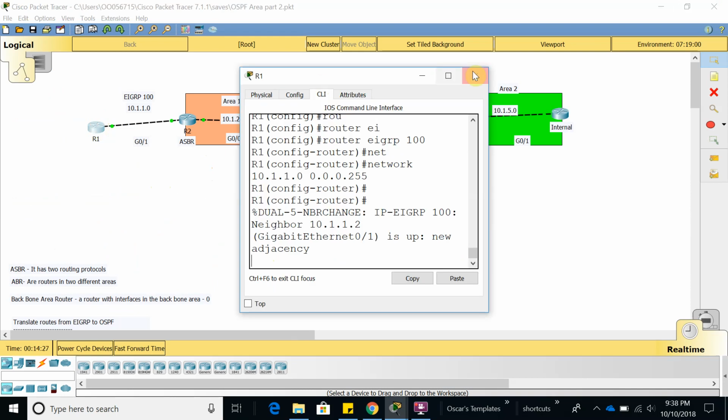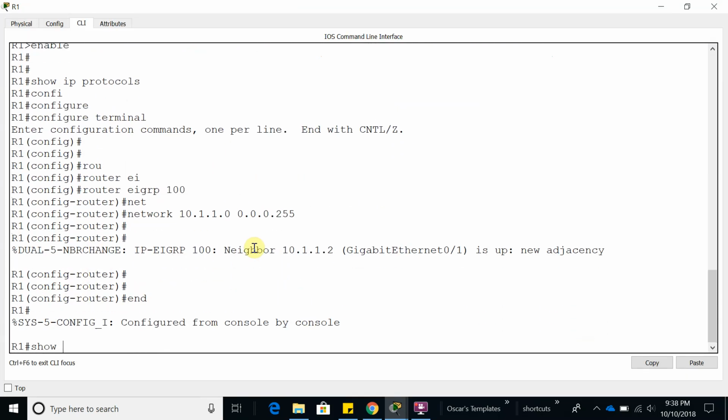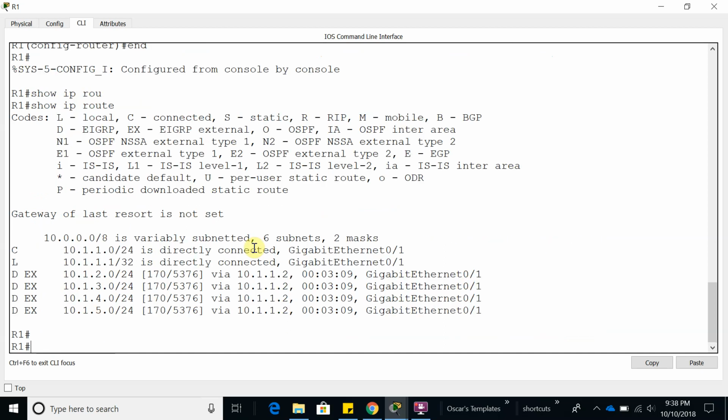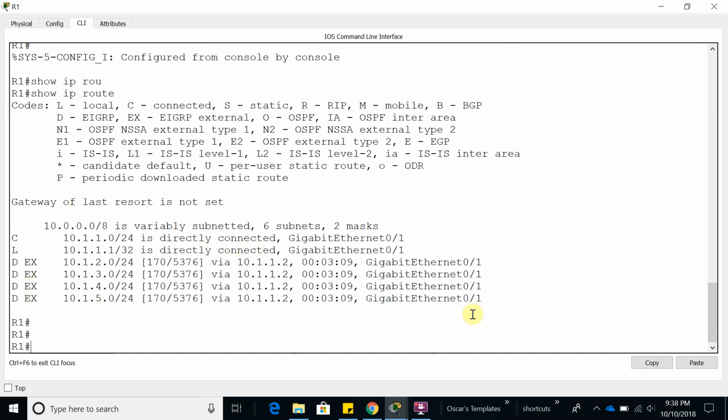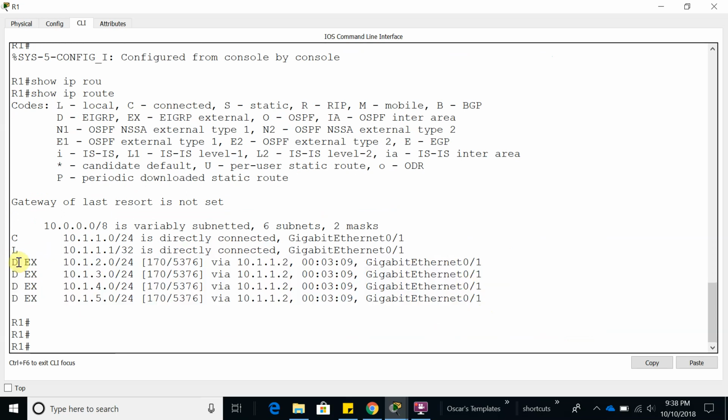So from here, let's also do show IP route, and you can see right here that it added this route to OSPF, doing the D, which is EIGRP, and also doing the EX, which stands for,